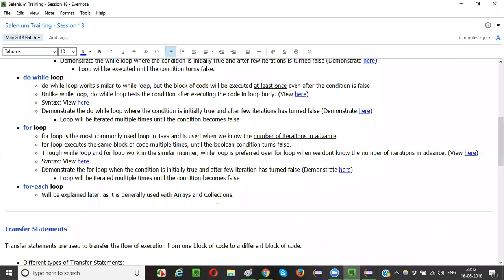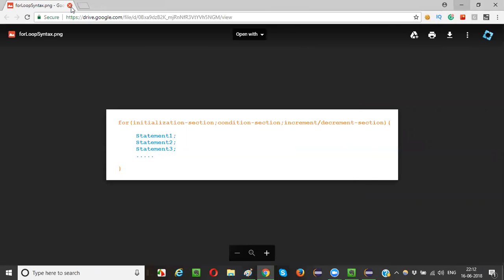Same manner as the while loop. The only difference is that you have to use a for loop when you know the number of iterations in advance. If not, you have to go with the while loop. Syntax: for